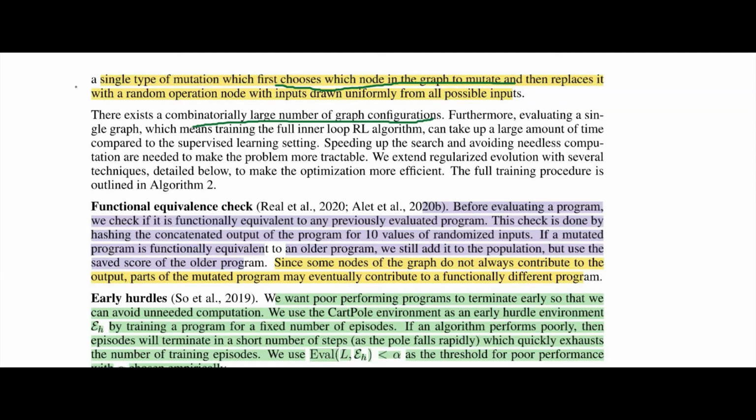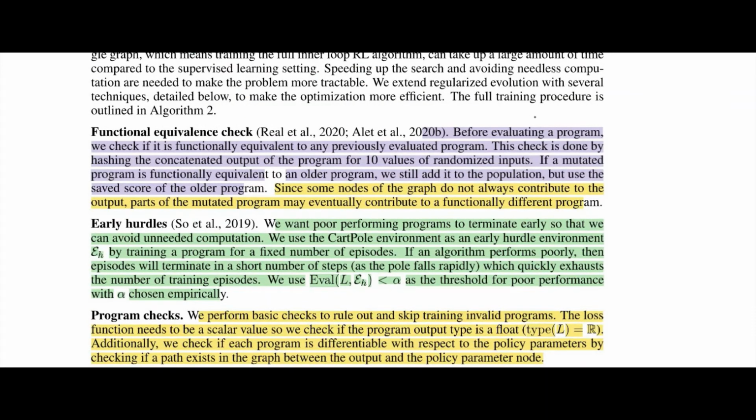So instead of that, they add some checks to prune useless computational graphs to make for a more efficient search. One of them is the functional equivalence check. So what they say is that